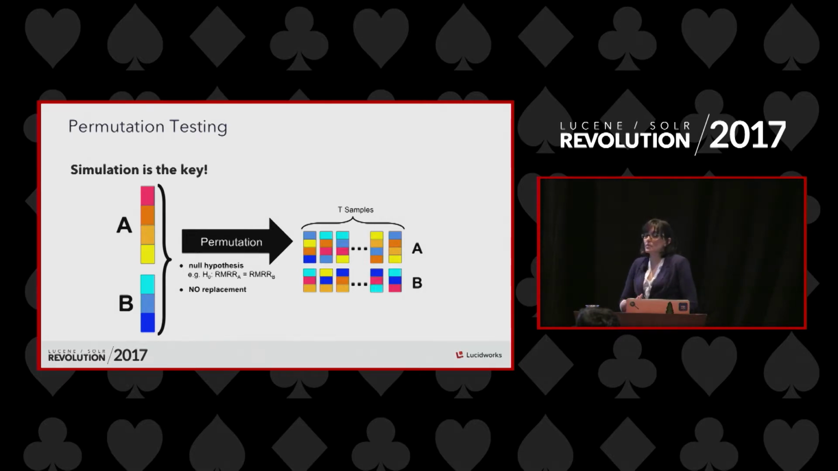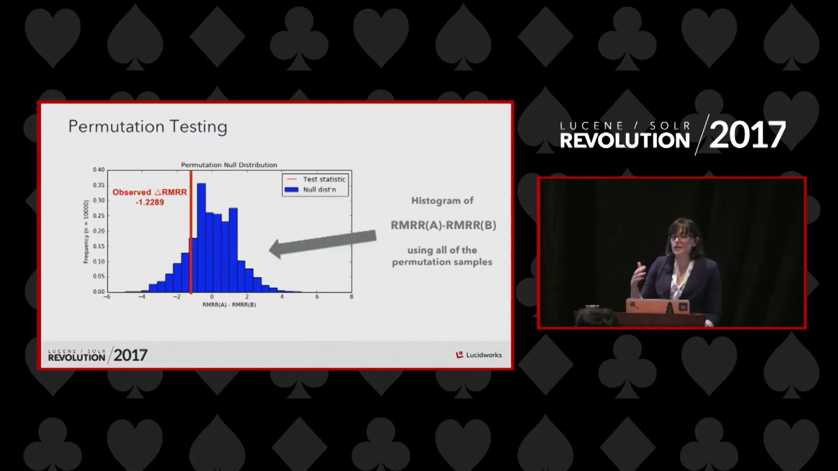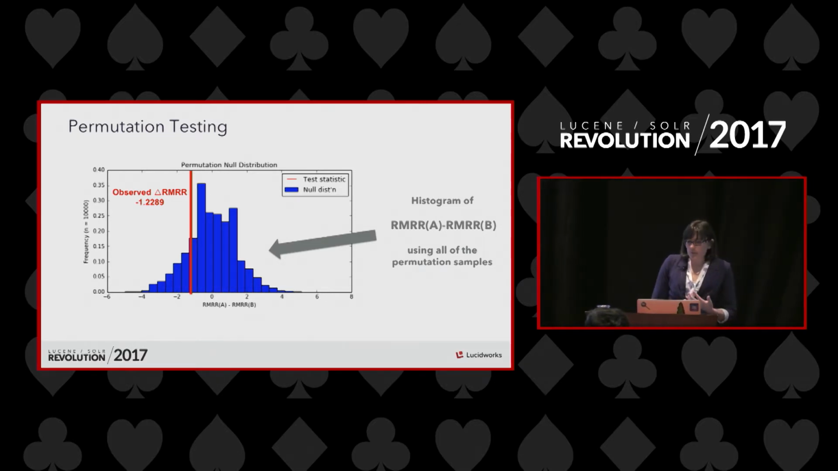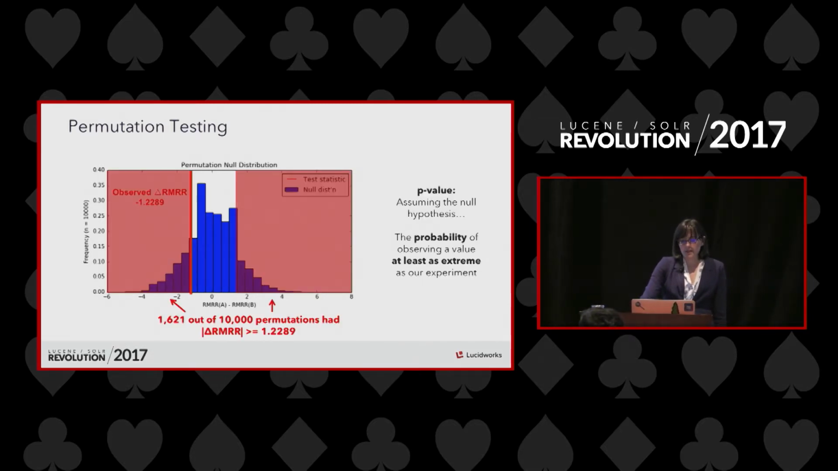Let's say we have 10,000 permutations of labels. For each permutation, we can calculate the change in RMRR and then look at the distribution. Here I've plotted what the change in RMRR looks like for our 10,000 permutations. We can think of this as an estimate of our null distribution. Then we can also plot in red the actual observed experimental value, say negative 1.2. We can use this to estimate the p-value for this test. The p-value is, under the null hypothesis, if there's really no difference between the two,